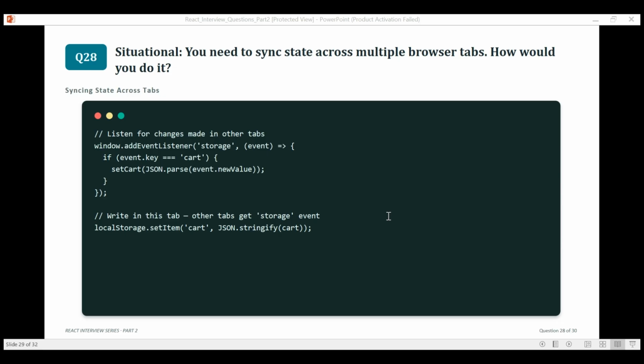On screen, we write our cart to localStorage whenever it changes in the current tab. Every other tab has a listener on window for the storage event. Check that the changed key is the cart and update local state from the new value, keeping all tabs in sync automatically. If you want something more powerful than plain localStorage, for instance, real-time messaging between tabs